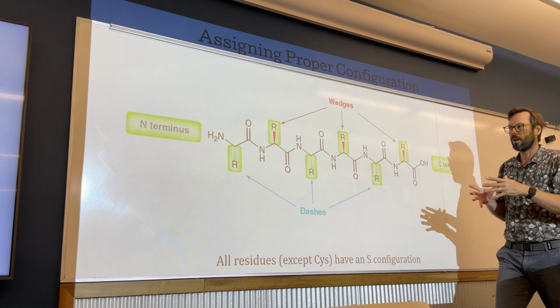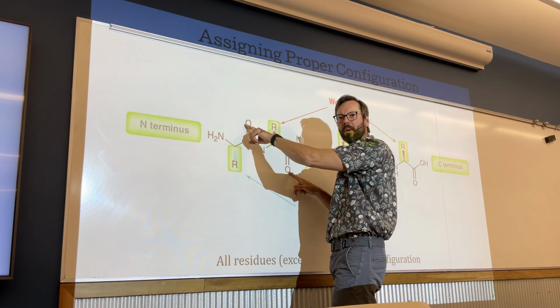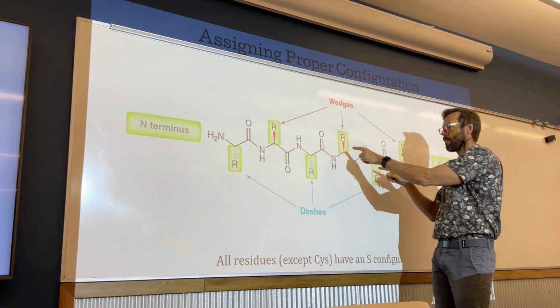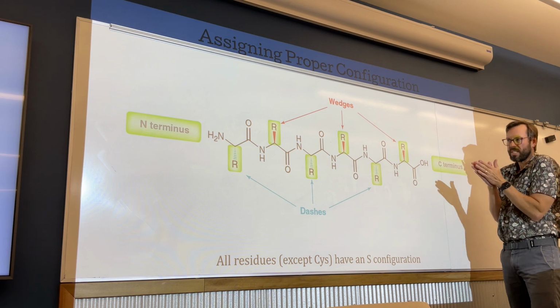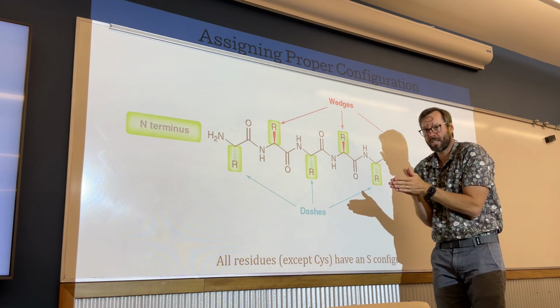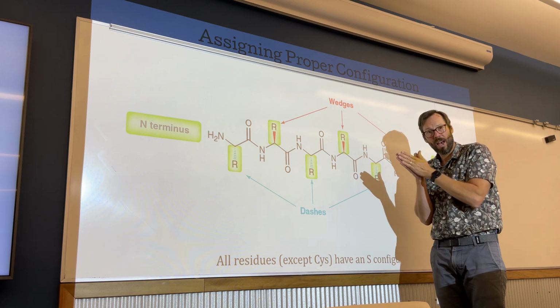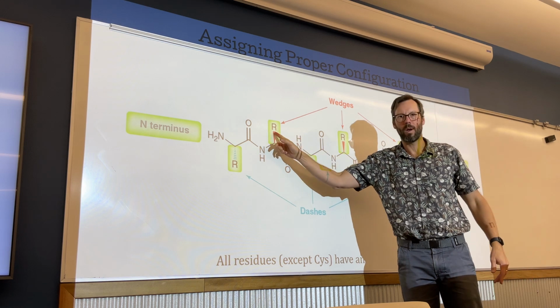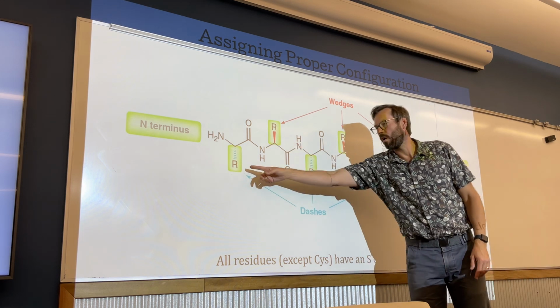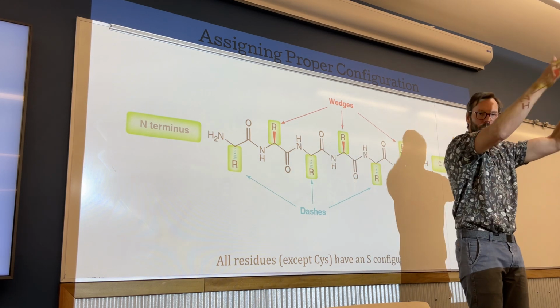And in doing so, these carbonyl carbons also alternate. And since they alternate, and since they all, except for cysteine, have an S configuration, the R groups on the top can all be wedges. And the R groups,